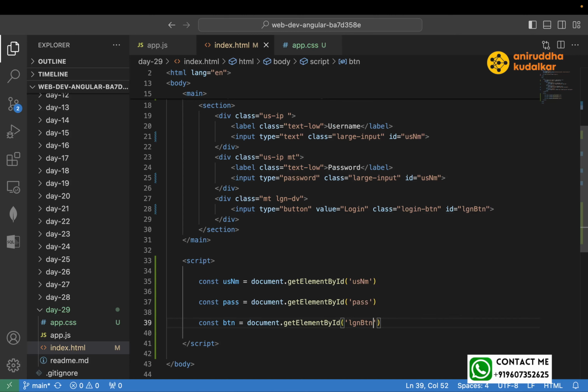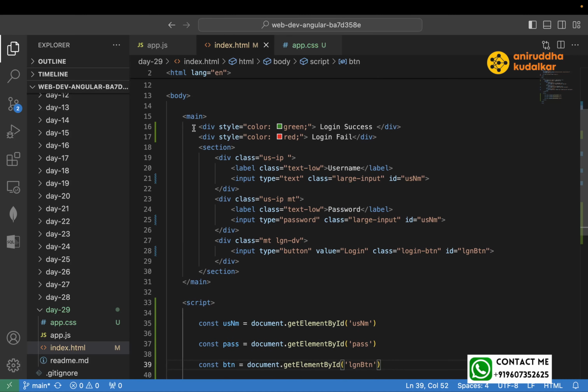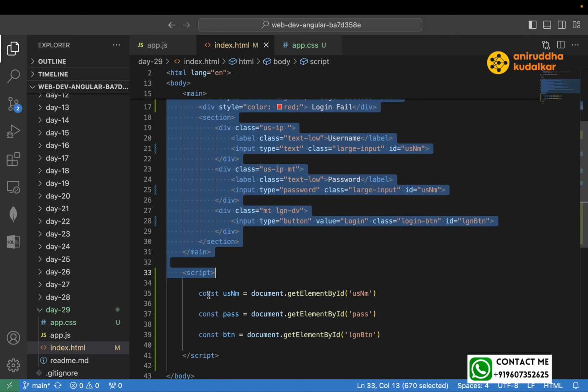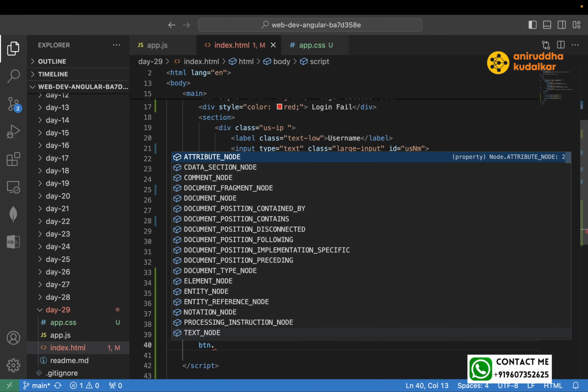See, after having this course, you will get to know the importance of Angular. Whatever code you have written so far, Angular only requires this much code. We'll see that later on. Just forget about that. So btn dot